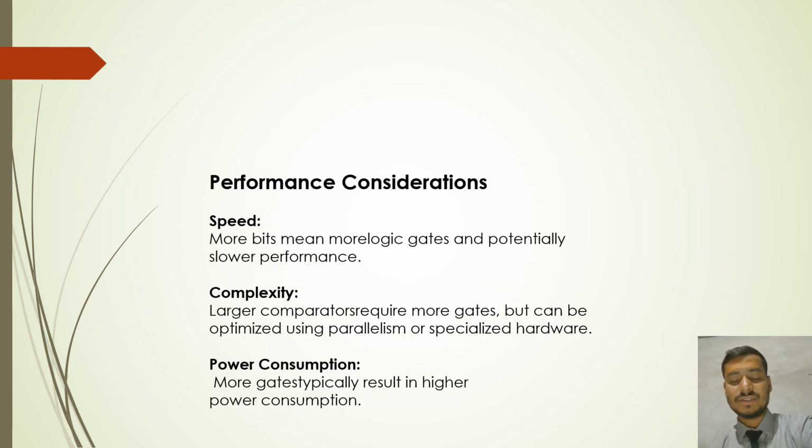Performance considerations. Speed: more bits mean more logic gates and potentially slower performance. Complexity: larger comparators require more gates but can be optimized using parallelism or specialized hardware. Power consumption: more gates typically result in higher power consumption. And my next slide is